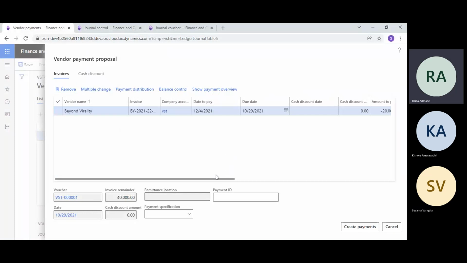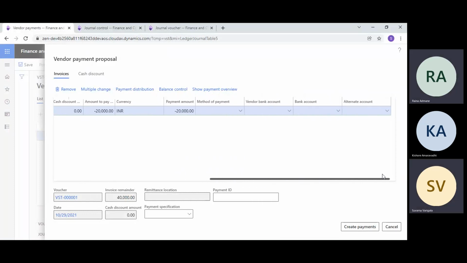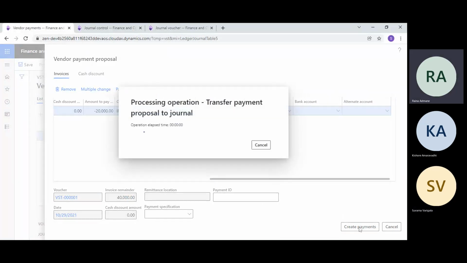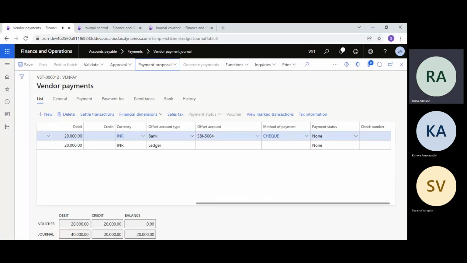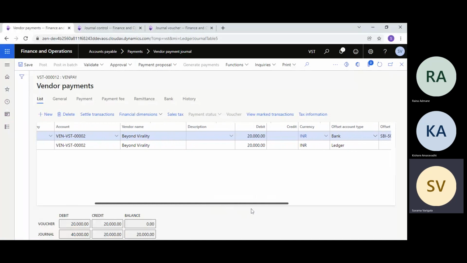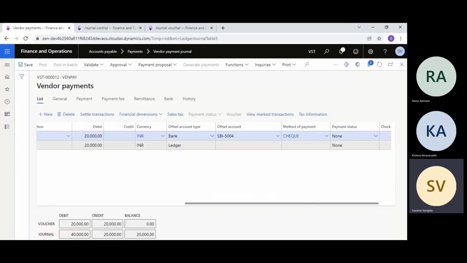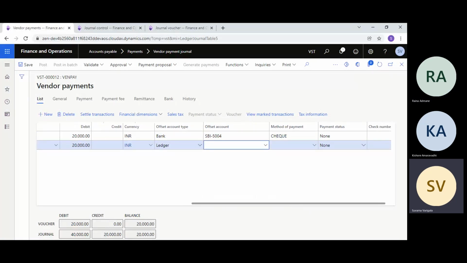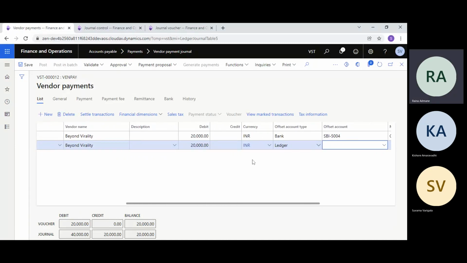Okay. Now you are creating a check for only this vendor. Now press the create button. Now you can select the payment ID here. Specification also, if you want, you can select. If it is mandatory, it will ask you to update that. Now if you look, there is a line created by the system. You see that? The second line you need to delete. The first line will be fine, I guess.